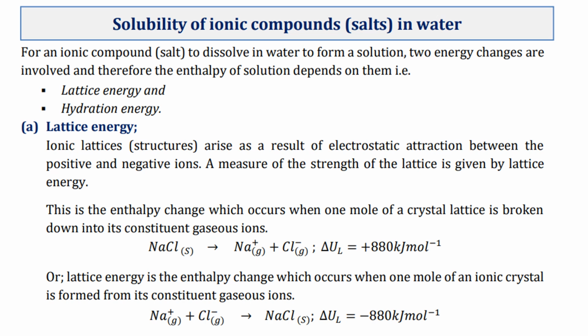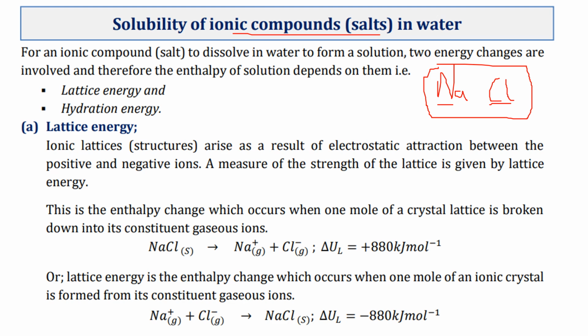So we're going to be proceeding with solubility of ionic compounds in water. Now ionic compounds are the same as salts, for as long as you have a metal, for example sodium, combining with a non-metal, for example a chlorine atom. So if sodium and chlorine react, they form sodium chloride. And such a combination of a metal and a non-metal, we call such compounds ionic compounds or salts or electrolytes. So we are going to be looking at the solubility and the factors that determine the solubility of such compounds